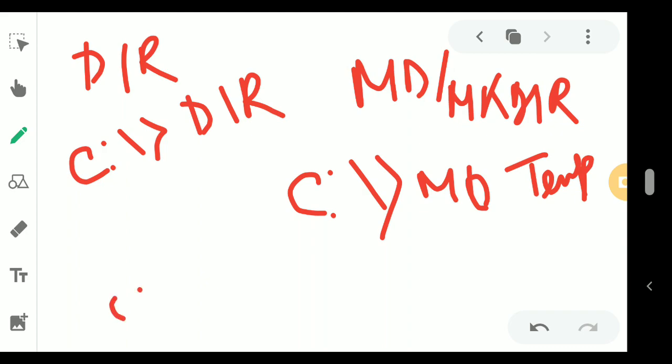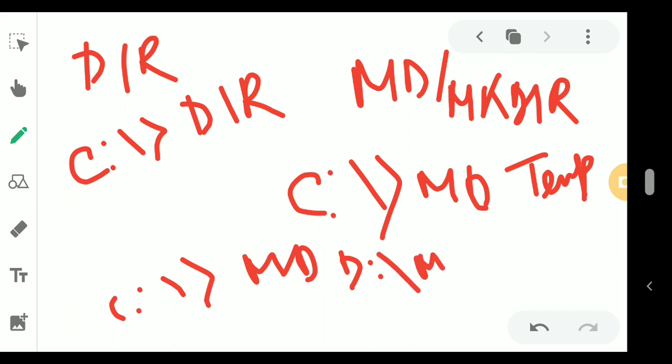Suppose C colon slash, then you write md, and you want to create it in the D drive, under My Documents, under Word. So the above command will make the directory called Word under the My Documents directory under the D drive. In this way you can make a directory.